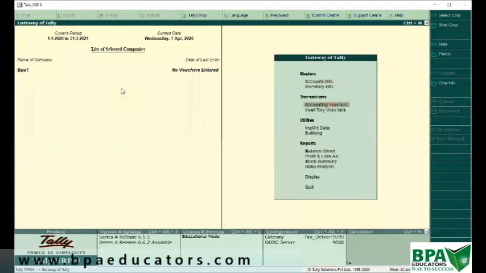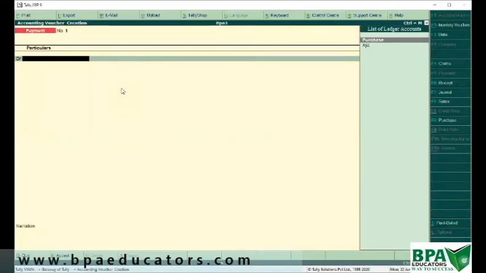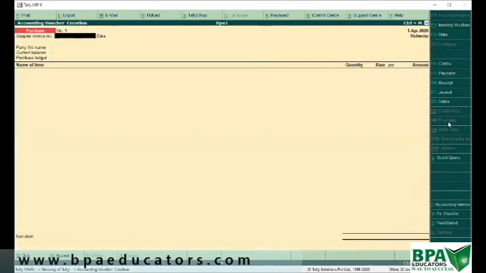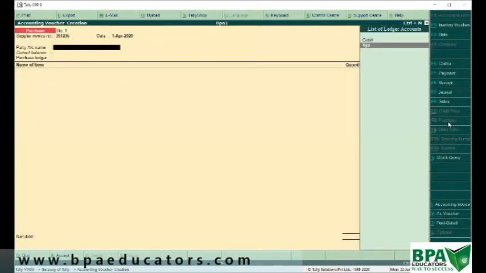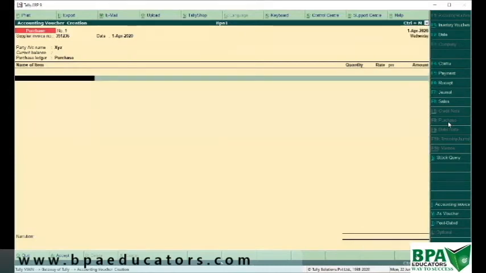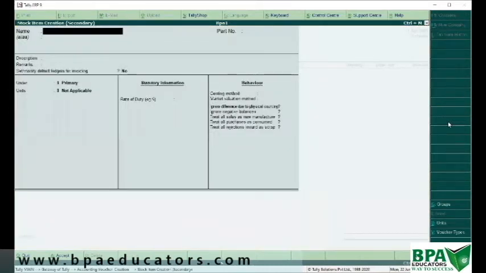Now let's start passing the voucher, a purchase voucher. Let's keep any hypothetical figure. Here my creditor is XYZ, then purchase. I'll create one stock item, let's say mobile.